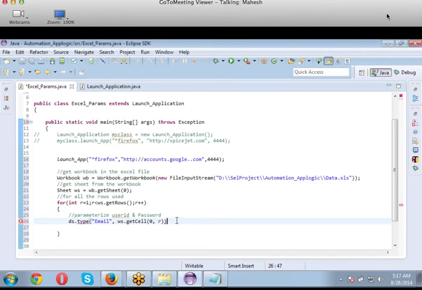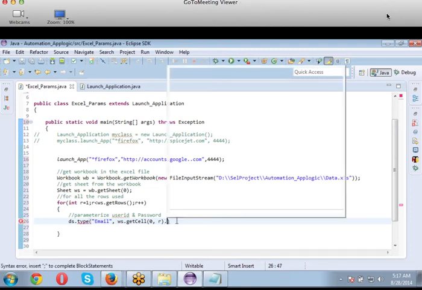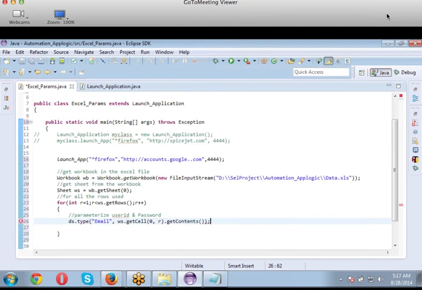So as you all know, once you access the row, we have a method to be used. That is the get contents method. Right? Okay, I'm sorry, it should be this dot get contents method. Done. So this will grab my username from that row value. As R changes from 1, 2, 3, 4, this will be replaced simply. So every time, first the value Sweta comes in, and then comes Lavanya, then Geeta, then Suganya. It goes on like this. Then comes Swapna, then Raj. There is a set of values inside my Excel sheet, right? So this is for my email. Next would be for my password.